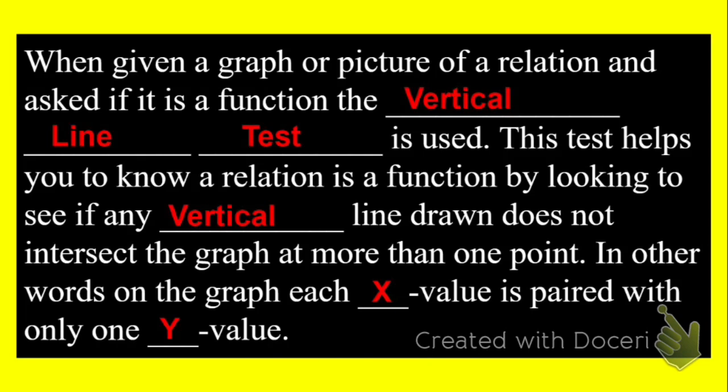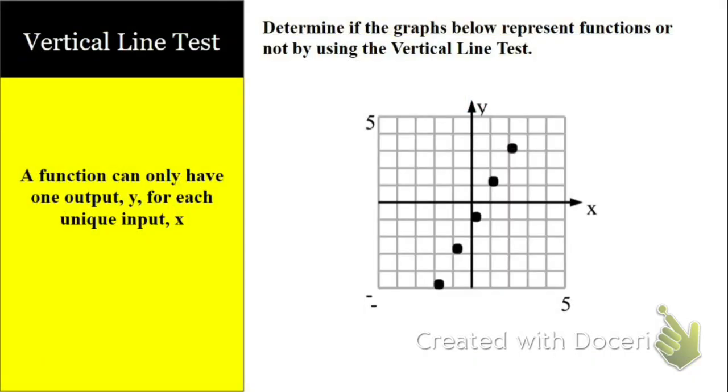So for these sets of examples, we're going to be practicing what we call the vertical line test. And with the vertical line test, it's the same as identifying a function in a table or a list of ordered pairs. We can only have one y value for every x value. But with the vertical line, we're going through the actual image and drawing vertical lines down throughout the entire graph. And when we draw vertical lines throughout the entire graph, we're testing